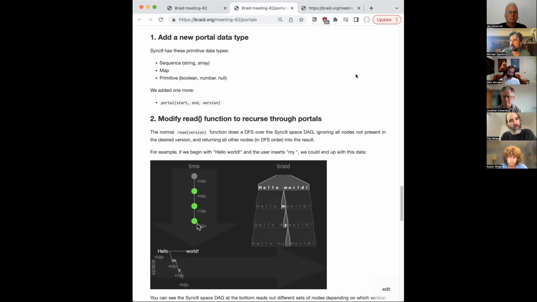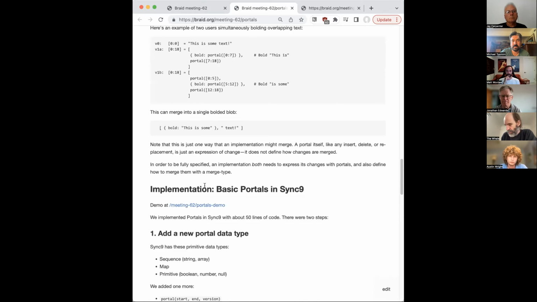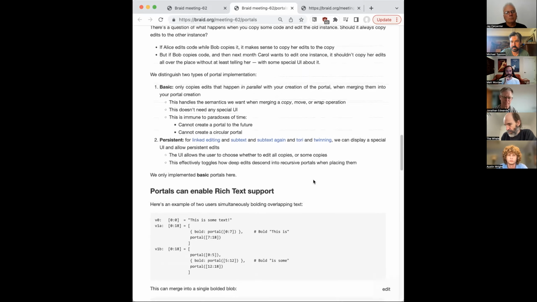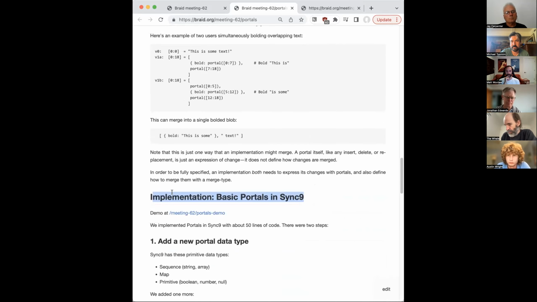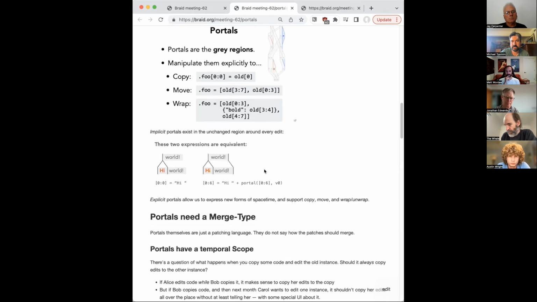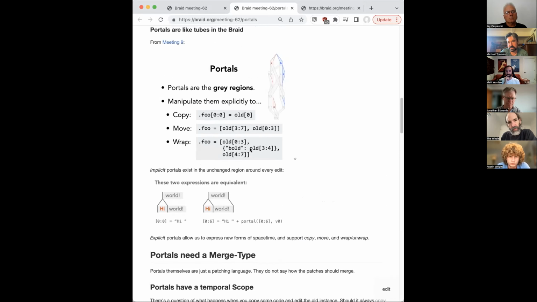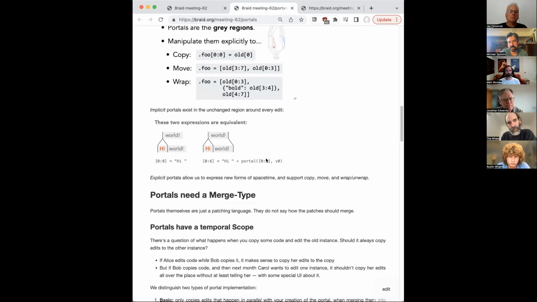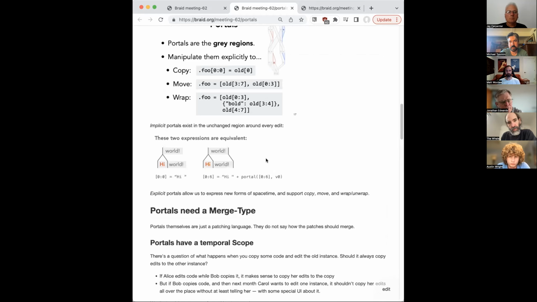I think part of the confusion here might be that we haven't gotten to the implementation section. There are actually two separate things here. There's a language of expressing change, which is just a path format. But then in order to get an implementation, you also need to define how things merge, and there are a bunch of options for that.